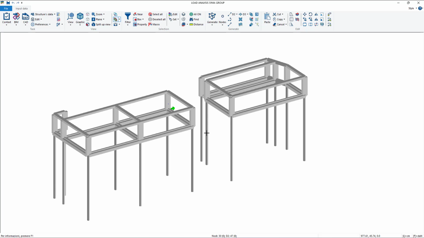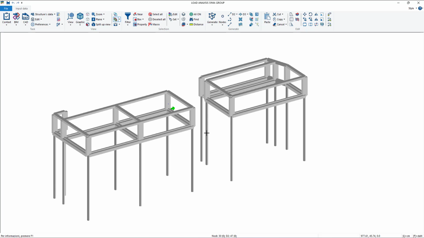Now that we defined the stratigraphy, we can use the geotechnical module to calculate, first of all, the K-Winkler value for the foundation elements.